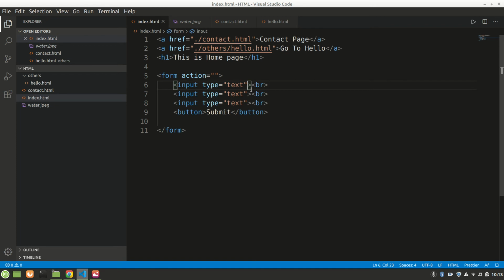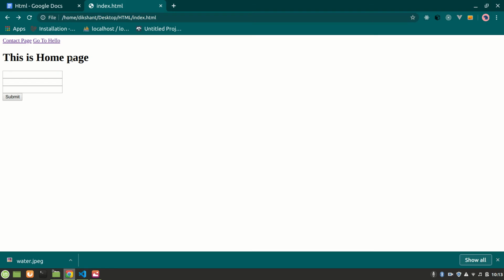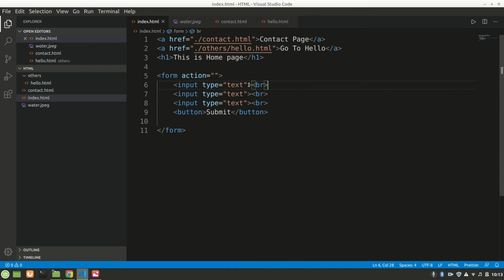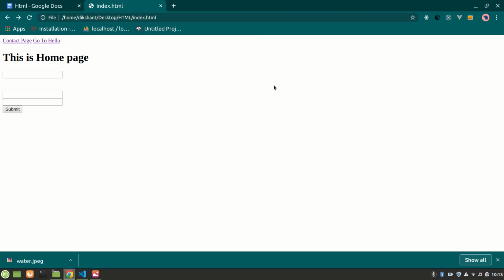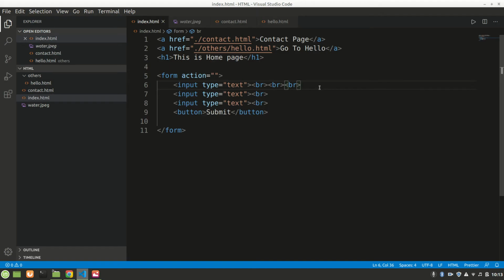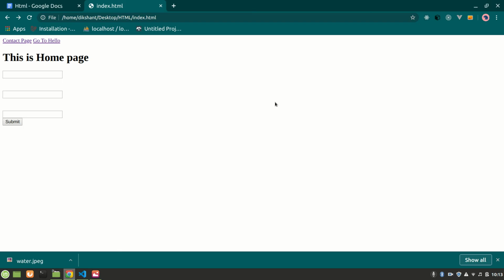Text, but one break. You can see that the input fields are too close, so we want to add more break tags. Okay, we can do CSS like margin or padding, but we are watching pure HTML. Okay, this is how you can do it. All right,